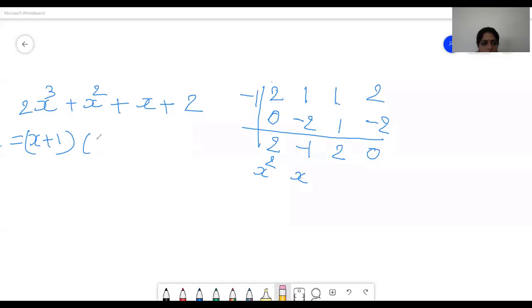So 2x square minus 1 into x, that is minus x, plus 2. So here 2 2s are 4, and with the help of the summation we want minus, but the next root is not possible. The roots are possible, but the real roots are not possible, and for that we are going for